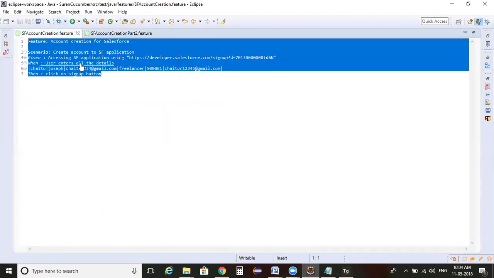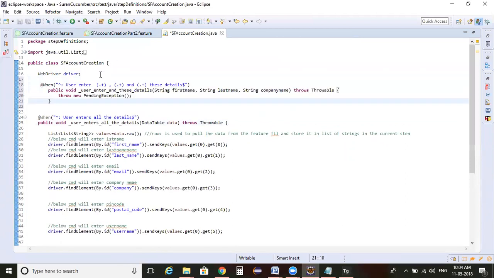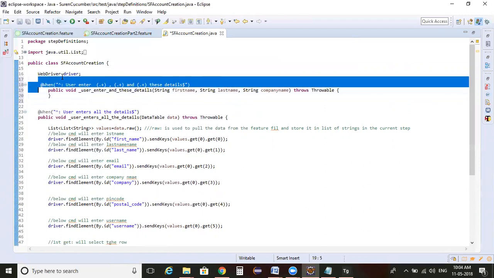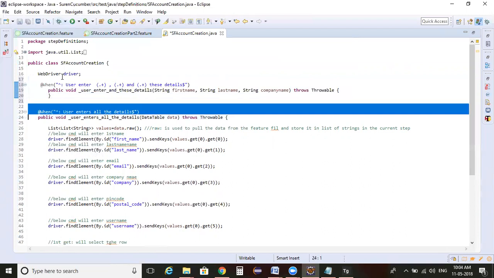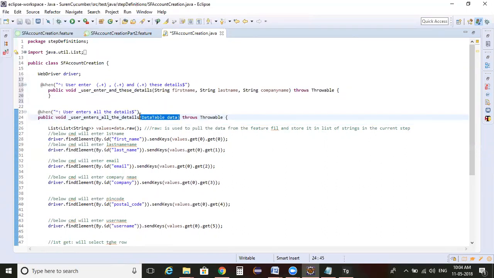In yesterday's class, we have this method. Below this, I'm placing this one. Okay, so here string first name, string last name, string company name. So this is today's class method and this is yesterday's class method. The basic difference between these two is that when we are passing the data within a single line below the step, the data will come to the method in terms of a data table, and we need to get the raw data from that.